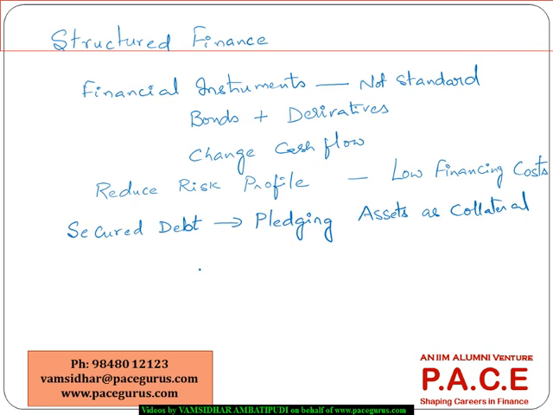Now, because of getting into a secured debt issue, the firm is able to lower its financing costs. And at the same time, in case there is any kind of liquidation, the lender would have access only to this pledged collateral and not a general claim on the overall assets of the company. So when we are pledging this kind of asset, sometimes what could happen is the